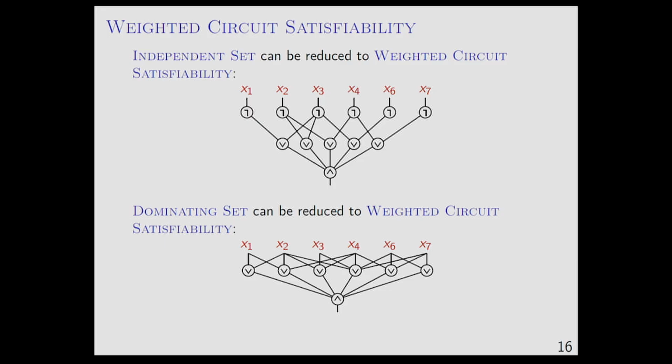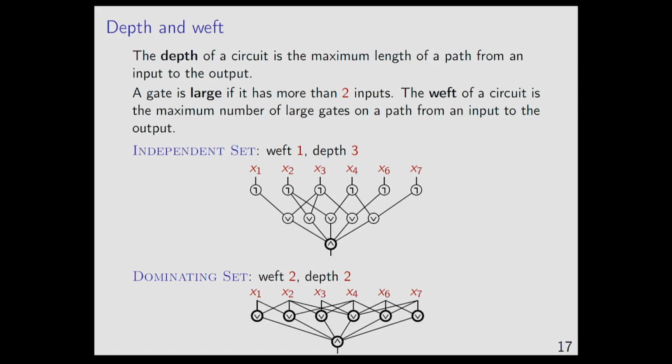Now I'm going to show you the differences between these two circuits. It looks like to express dominating set we need much more complicated circuits. What do we mean by a complicated circuit? Both of them look like depth 2, simple, as we just described, but there is a catch: what is called the weft and depth of a circuit. What is the depth of a circuit? It's the longest path from the output gate to any input gate. And what is the weft of a circuit? You call a gate a big or large gate if it has more than 2 inputs.